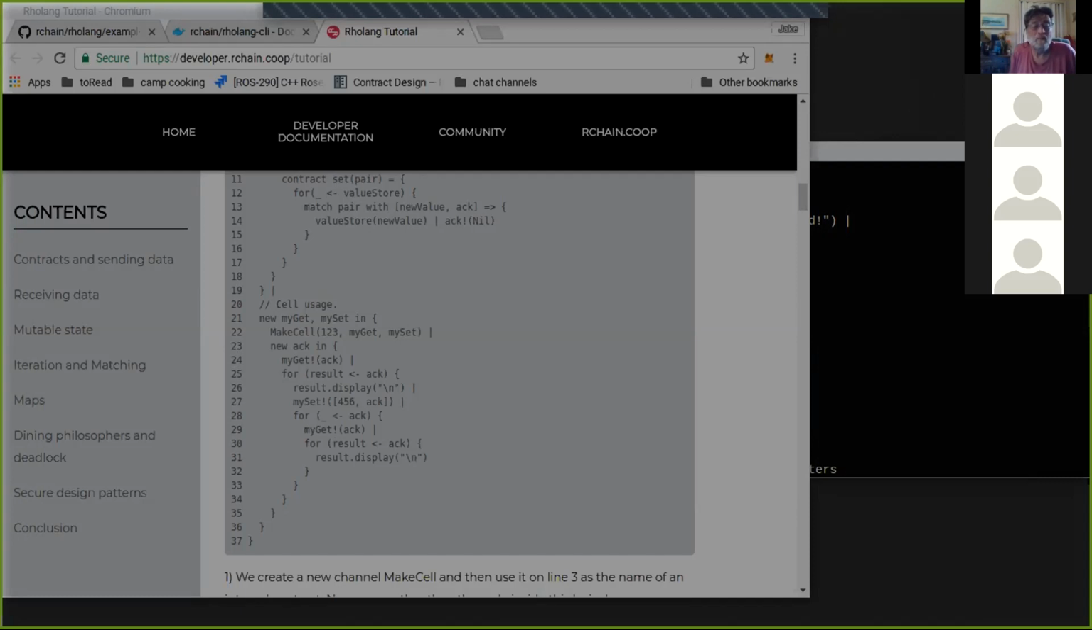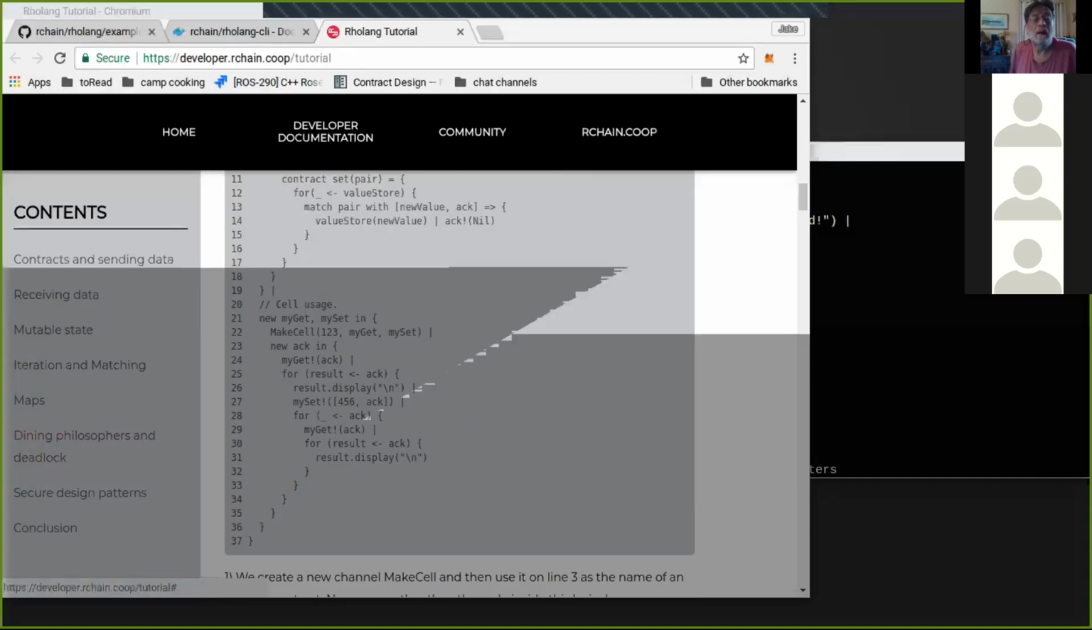Now, on the receipt, do you need the exclamation? Like it says my get exclamation ACK over there in the code. On the receive, my get exclamation ACK. So does that mean that on the receipt you need the exclamation or what? No, so